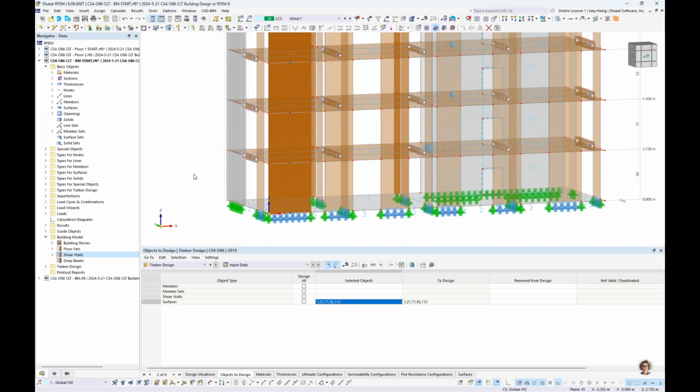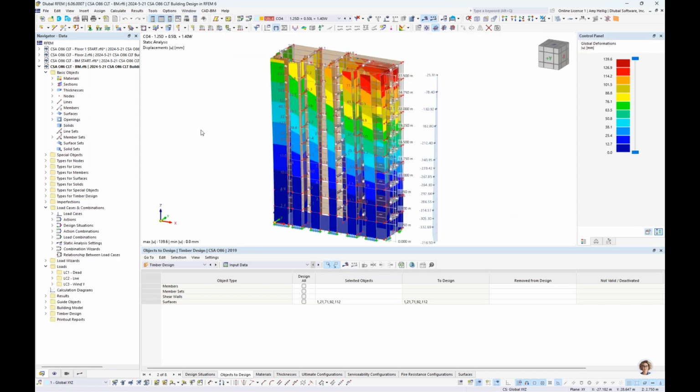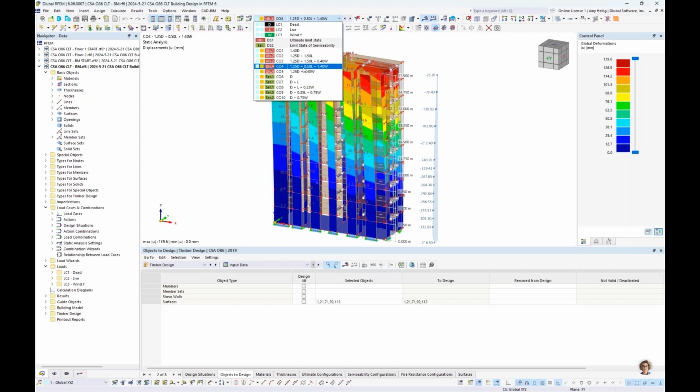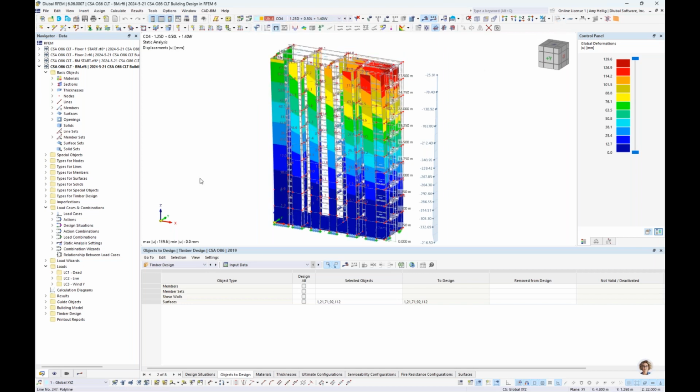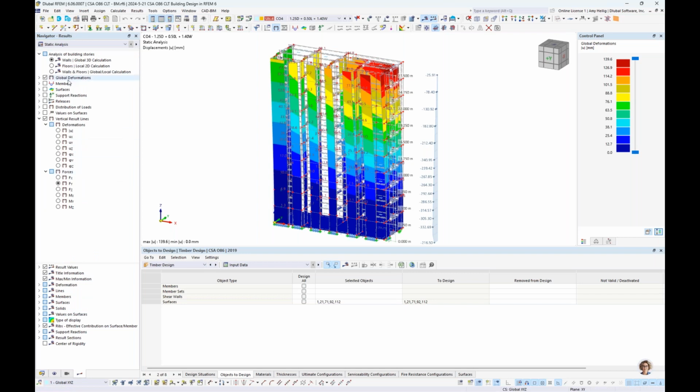So now that we have input the information, we would go to calculate all. Just for the sake of time, I will pull open an already saved model here where this calculation is now carried out. So we'll begin with the analysis results. So I jump here maybe to load combination 4 that includes dead, live, plus my wind load. And my results are available to me here. I'm currently looking at the global deformations,